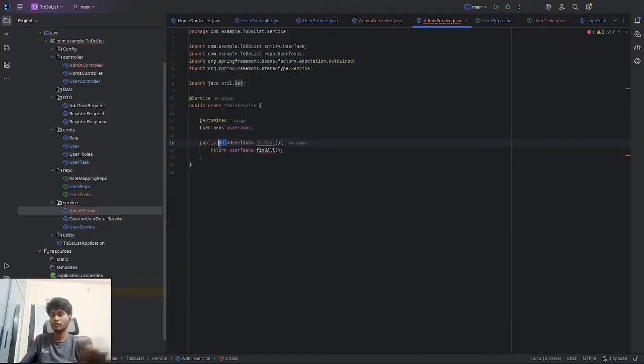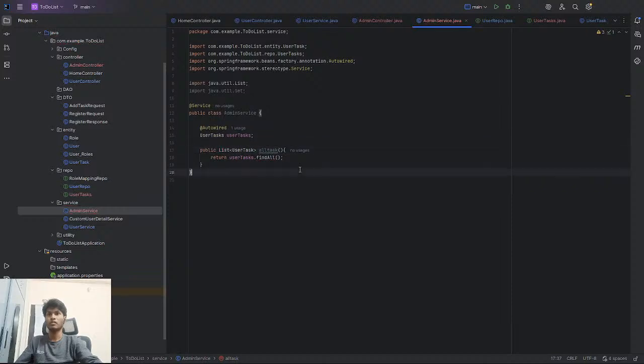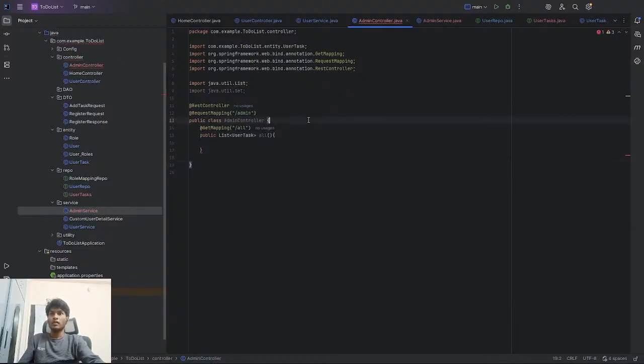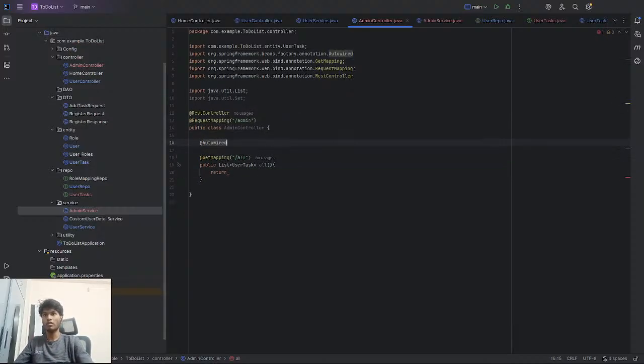Okay, right. It has to be a list. It has to be a list. Why? Because see, menu we are loading for all the users, right? So if we are loading for all the users,